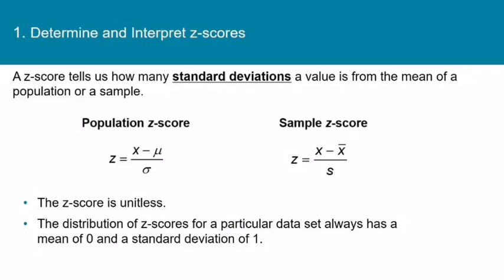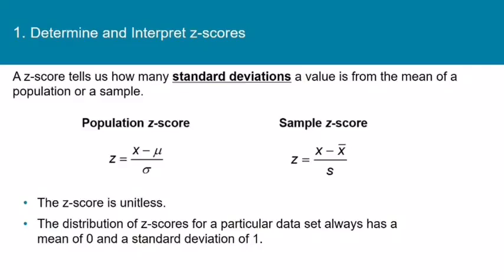And another important thing to know about z-scores is that the distribution of z-scores for a particular data set always has a mean of 0 and a standard deviation of 1. This will become much more important later in the course, but it's also good to know right now. The distribution of z-scores has a mean of 0 and a standard deviation of 1,